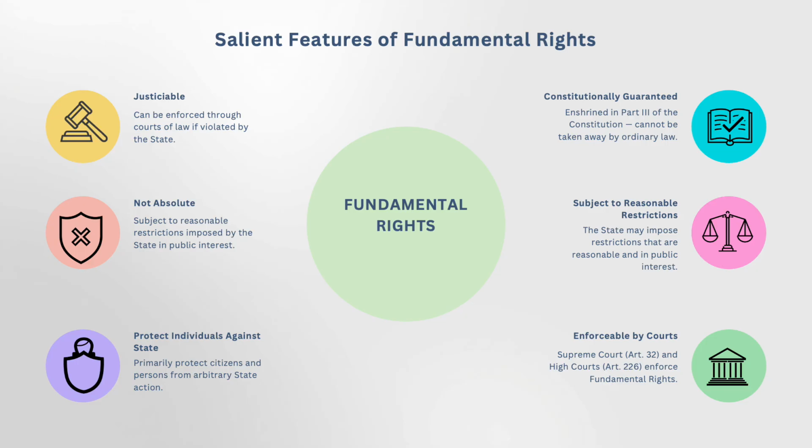So what are the features of fundamental rights? Number one feature of fundamental rights is that they are justiciable, which means you can go to court in case your fundamental rights are violated. Somebody violated your right to education, and somebody states that you do not have the right to educate yourself. You can go to the Supreme Court and fight against it. You can say, this is a fundamental right, I want the court to issue an order. So you can go to the court for the enforcement of fundamental rights.